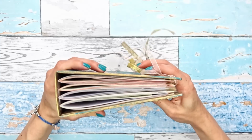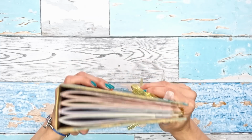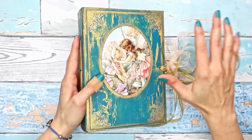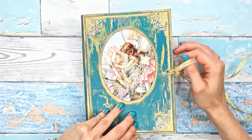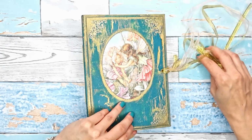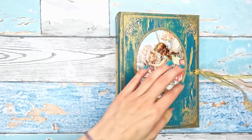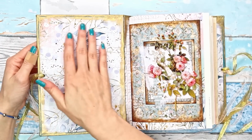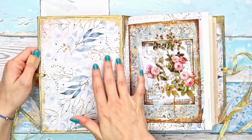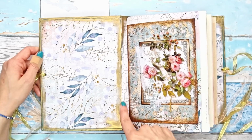So this journal has 4 signatures, and it's a blank journal for now. So let's go inside. We have some nice ribbons, again with the gold accents as a closure. And let's see the kit. So first page here, the end page, and also this little